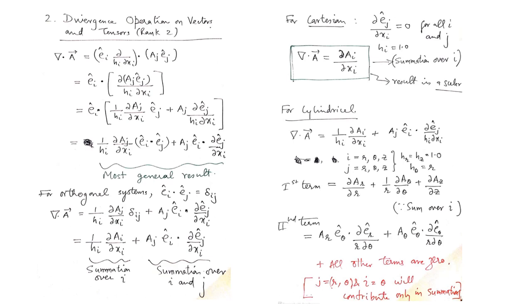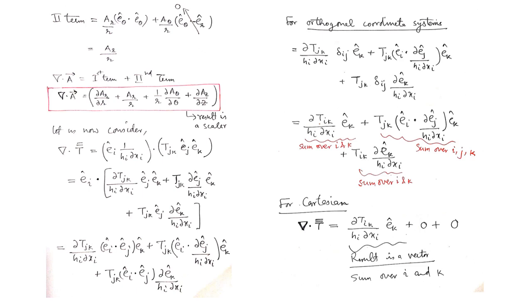So as I said earlier, we are also expanding by the repeating index i, but because it only contributes when i is equal to theta, that's why it's formally not expanded that way, and i is just fixed as theta. All other terms are basically 0. So whatever way you choose to look at it, for me it looks a very straightforward way of handling these repeating indices in cylindrical coordinates. So j is r and theta, and i is theta will contribute only in summation, as I have explained, written in red text. Now to take this further,